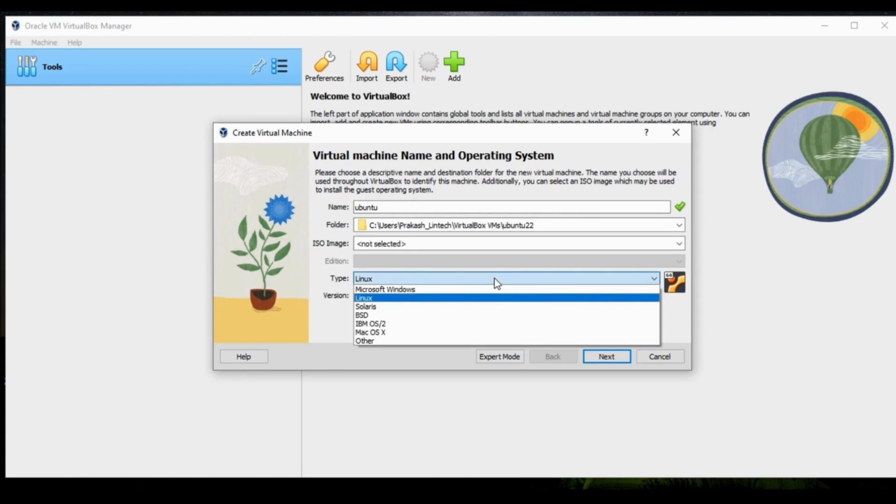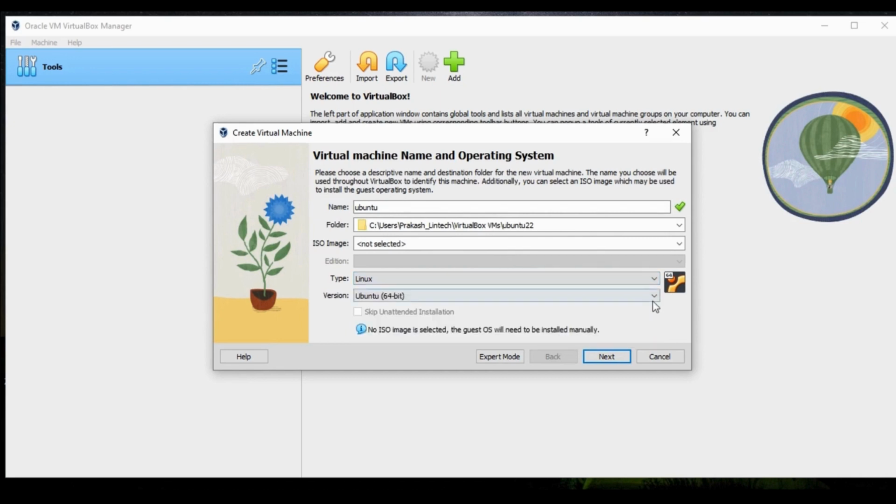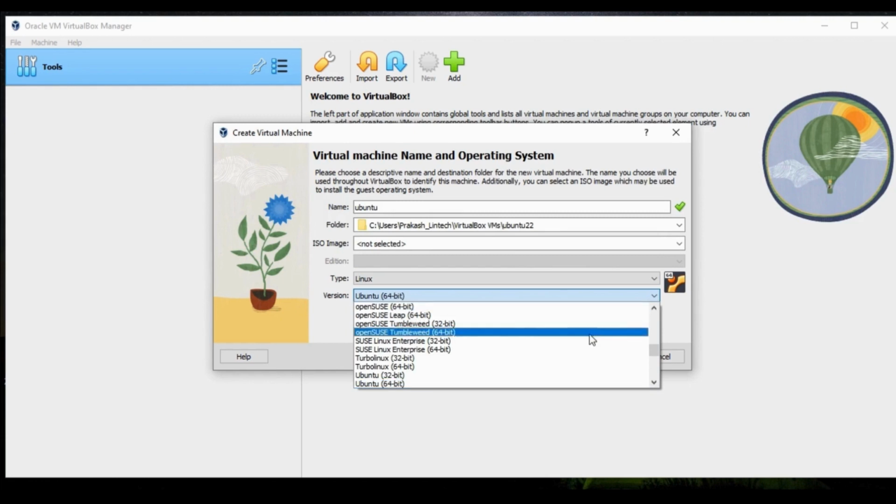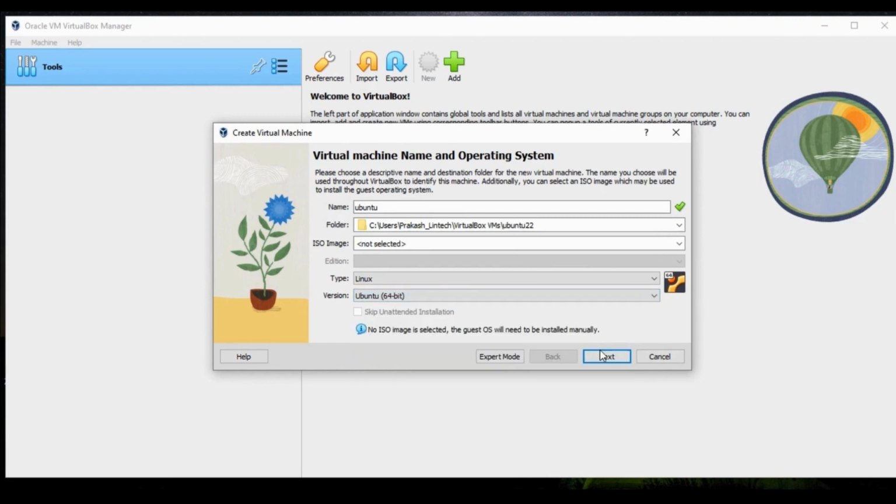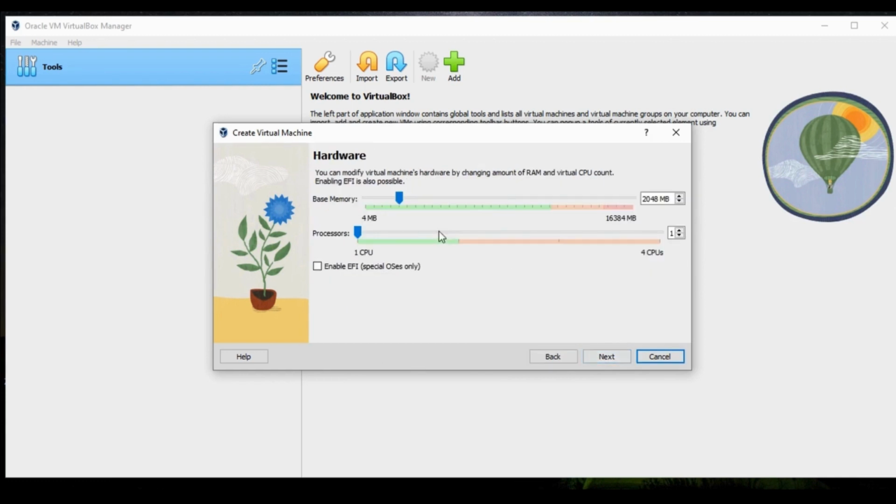You can see the distribution also. The version is Ubuntu 64-bit. Then you have 32-bit also. We'll click on next, and the hardware and memory will be